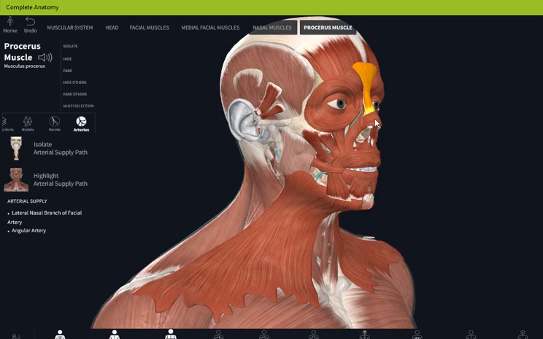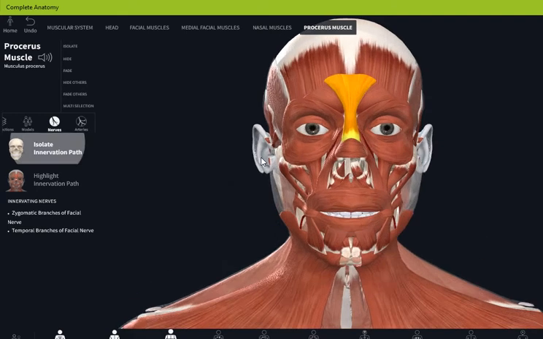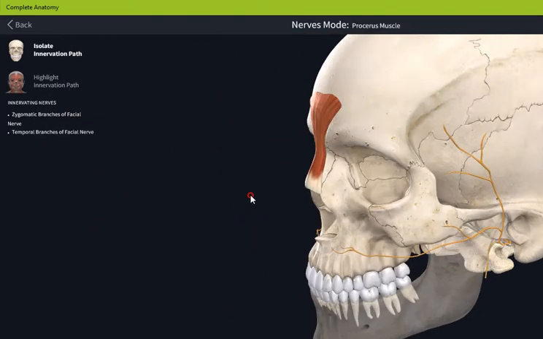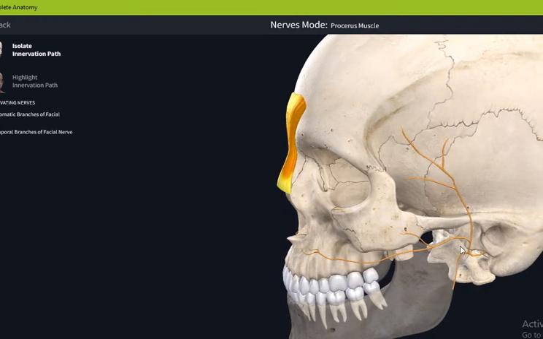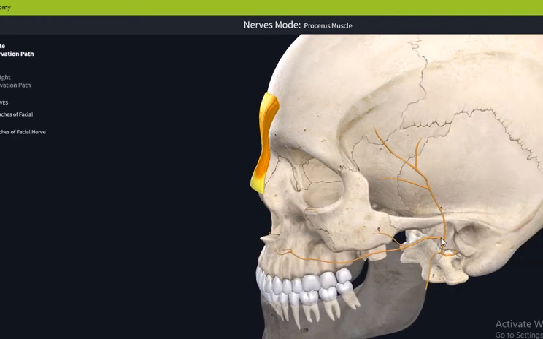supply of the procerus. So now, to see the nervous part of the procerus, we just highlight here and isolate. So this is the nervous part of the procerus. Realize that it's going to come from here. This is the facial nerve. The facial nerve gives a temporal portion, and it gives another portion here, which is